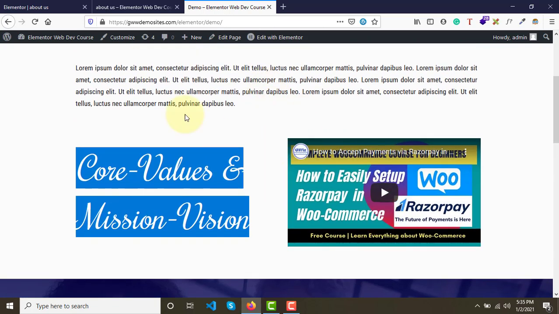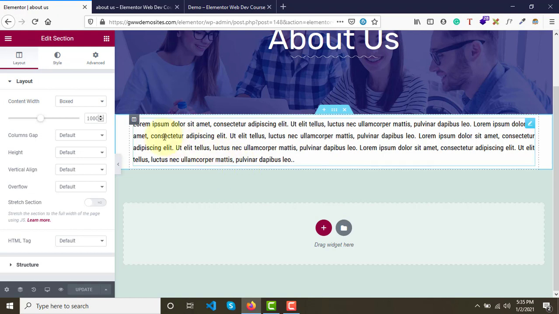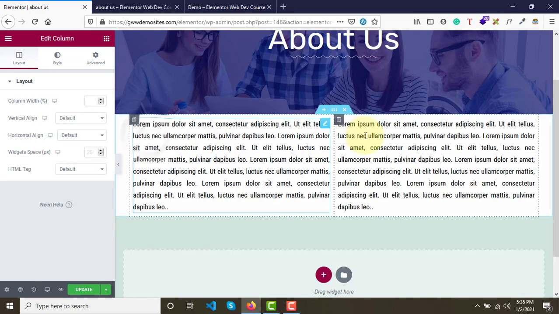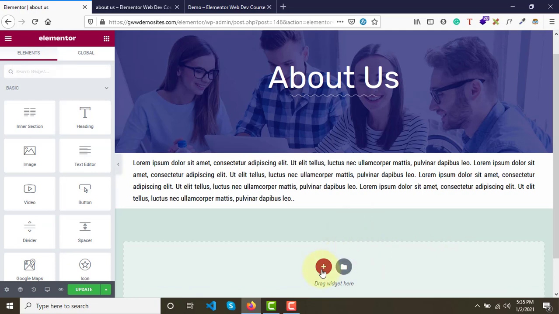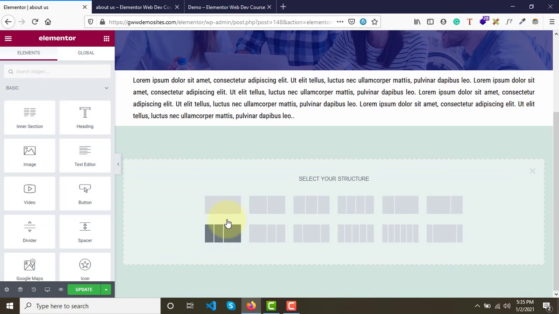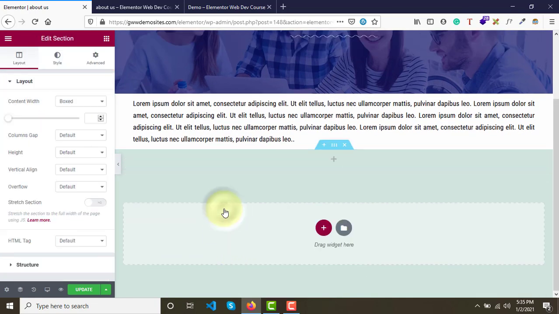How to do that? We need to add 2 columns. We can duplicate this one. It will add one more column, but we want this element to cover completely, and we need right below that. So you can say that we can add a new section, and here we can have 2 columns,